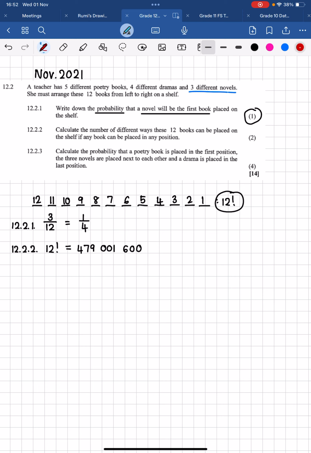All right, so guys, on this memo, it's 2 marks. They're just saying 2 marks for answer. So I'm not entirely sure what it's for exactly. I don't know if they're giving 1 mark there and 1 mark there, or if you get 2 marks if you leave it as 12 factorial, but